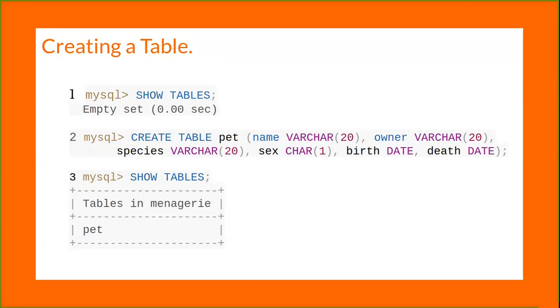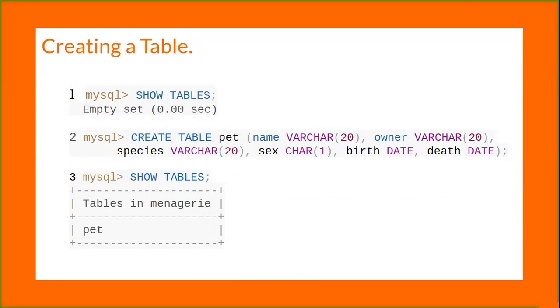The harder part is deciding what the structure of your database should be, what tables you need, and what columns should be in each of them. You want a table that contains a record for each of your pets. This can be called the pet table, and it should contain, as a bare minimum, each animal's name.